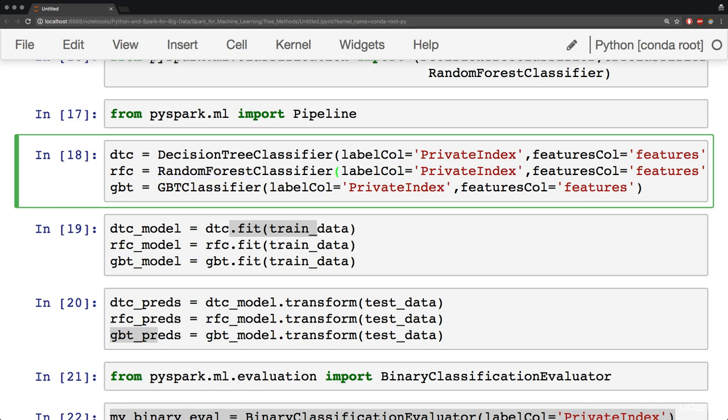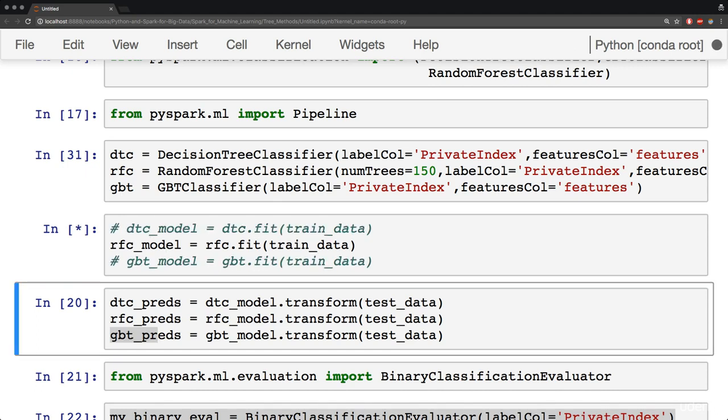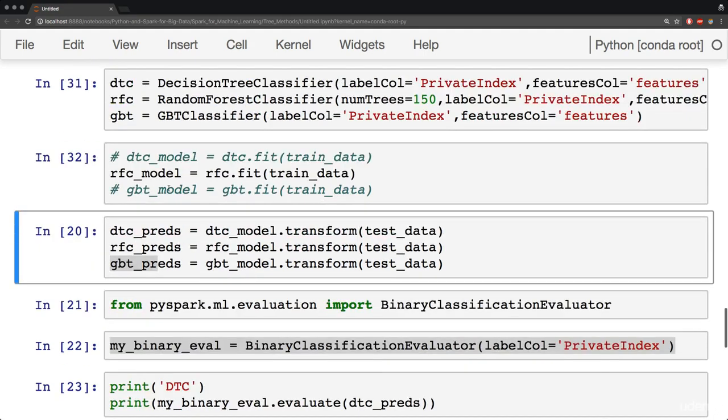So let's just actually do that right now since it's easy enough. We'll say number of trees, and I'm going to set this equal to 150. So let's run these again. And we're not going to fit all the data. Instead, we're going to just fit the random forest model, run that. So now that I have 150 trees, it's definitely going to take quite a bit longer than it used to,